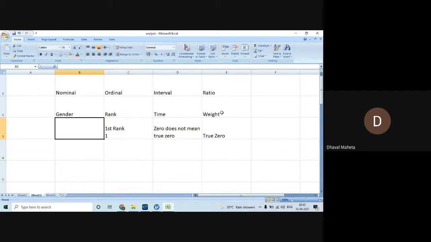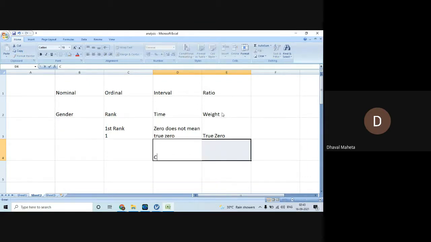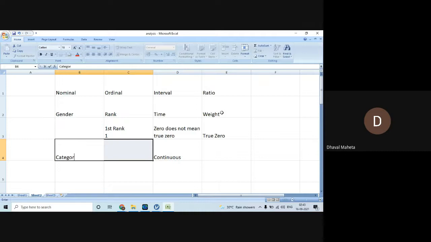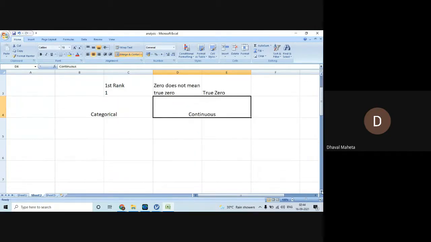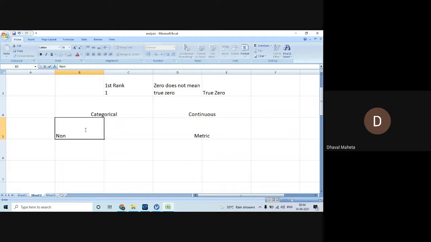Gender, male, female, yes, no, are nominal. Interval and ratio are collectively known as continuous variables, and nominal and ordinal as categorical. Further, the first two are also known as metric variables, and the other two collectively as non-metric variables.